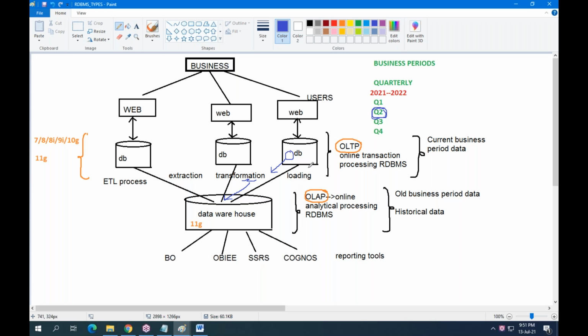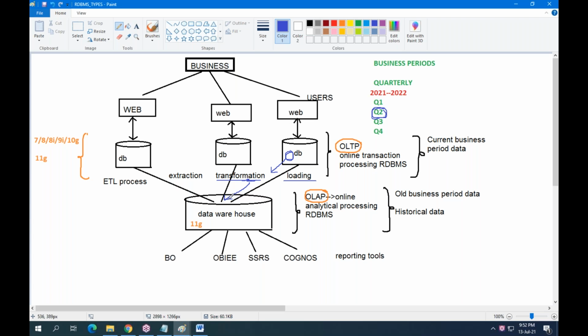Repeating, guys: once a business period is completed, that business period data is taken from the OLTP database, changes known as transformations are applied, and finally it is loaded into the data warehouse. So at the end of each business period, the data is loaded into the data warehouse.